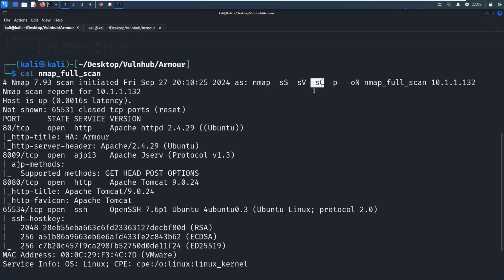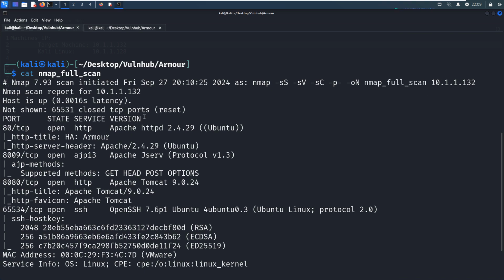Different services have their own default scripts. This is followed by -p- to do the full range port scan. And the last option is -oN to output the result into this file, so then we can read it out anytime when we want such information.